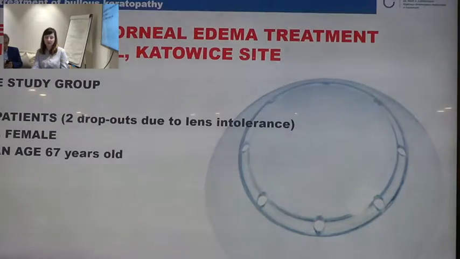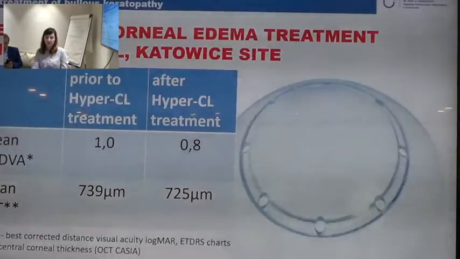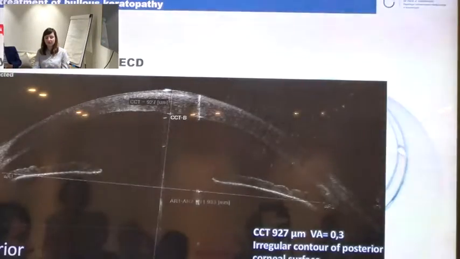61% were female, mean age 67 years old. I will just show the basic results, and then I will go for the description of individual patients. For the mean best corrected distance visual acuity, this is in a logMAR scale with ETDRS charts, there was an improvement by 2 lines, and there was also an improvement in corneal central thickness from 739 to 725 micrometers. And as to the individual cases,